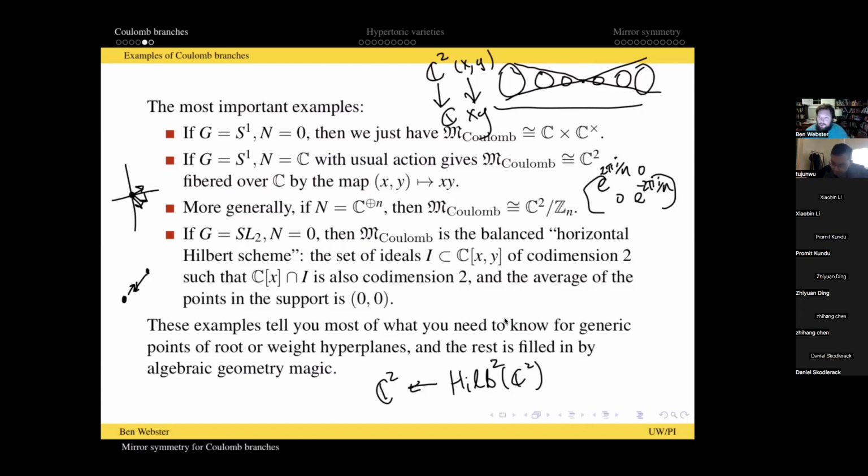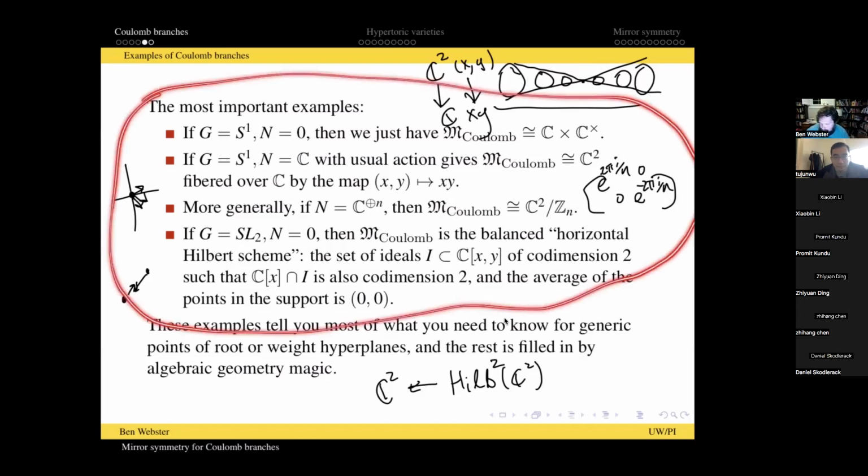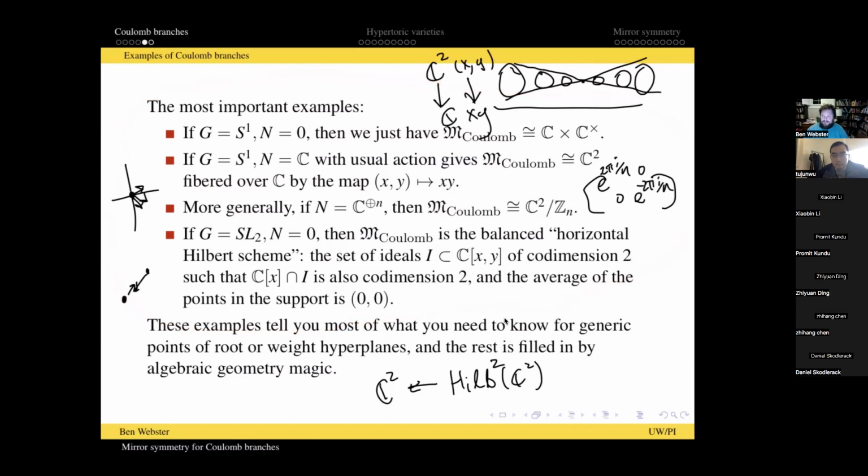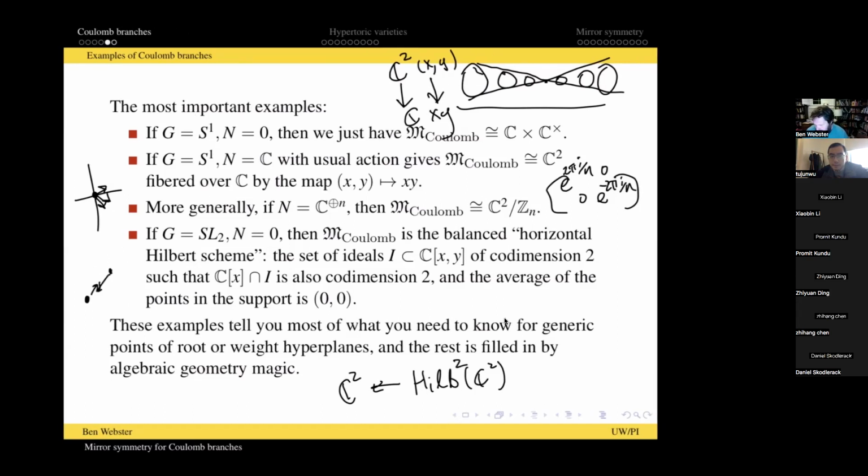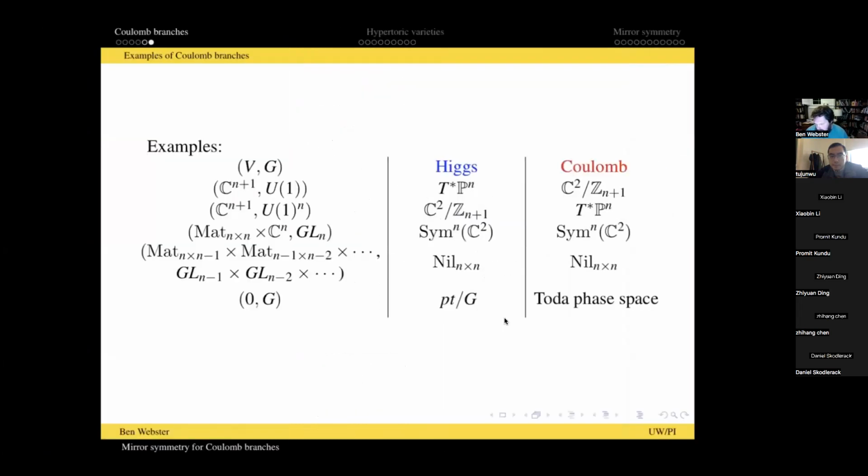Somehow I think you could give a definition, which was basically these examples I just told you and a slightly more general SL2 example, and then say that's what happens in codimension 2, and then you just fill in the rest by Cohen-Macaulay-ness. The rest is somehow determined by what happens in codimension 2, but very implicitly. So it's very hard to answer algebraic geometric questions about what's happening on more singular points if you do it that way.